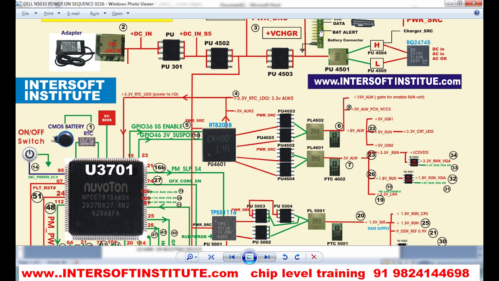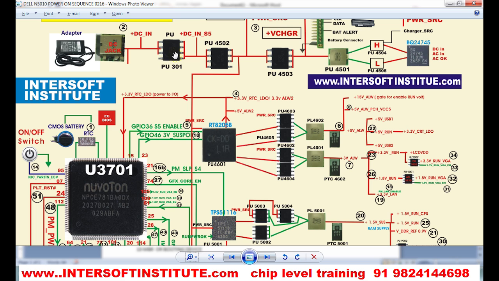We will explain more about the adapter. We remove the battery, and when we test the motherboard, we will use the adapter section. So these are the adapter sections. The adapter is connected to the DC jack. In some cases the DC jack is soldered on the board or in a socket, anything. There are two or three options.